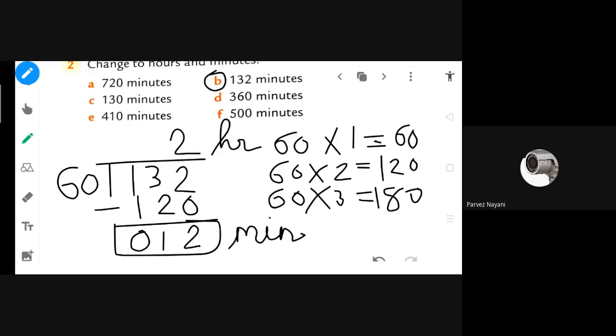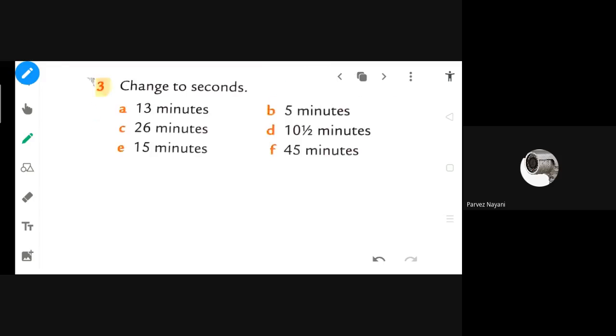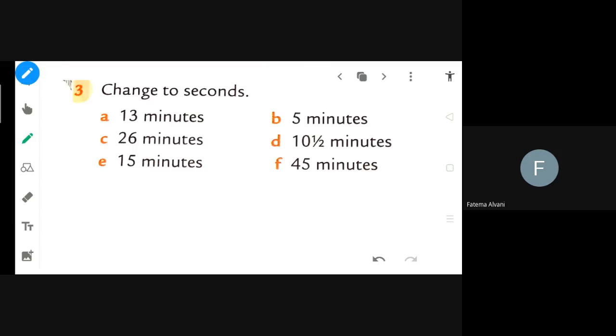Now I'm repeating. The upside, what is left, we get now as the question, that is hour, and the downside, what remains now, that is minute. And here a 60 table we can write using the table of 6. 6 ones are 6, 6 twos are 12, 6 threes are 18, that way. Just we have to put 0. And here 132 is given which is not there in the table, so we have to take 120. And that is how many, Iman? 2s. So 2 I am writing upside. Okay? Yes, ma'am. If you don't understand, then watch the video again.